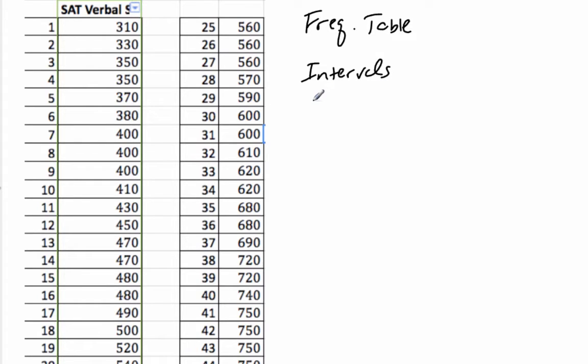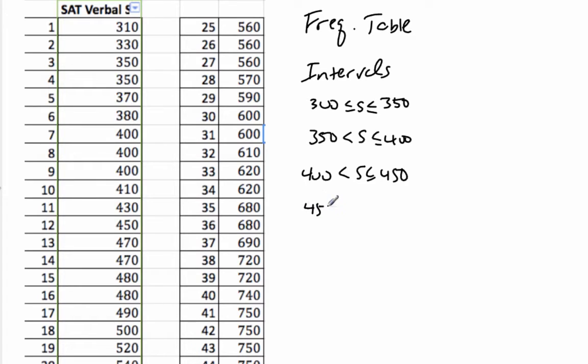The first one's going to be 300, and I'll call this S for scores, so 300 less than S less than or equal to 350. And then 350 to 400, then 400 to 450, and then 450 to 500, 500 to 550,